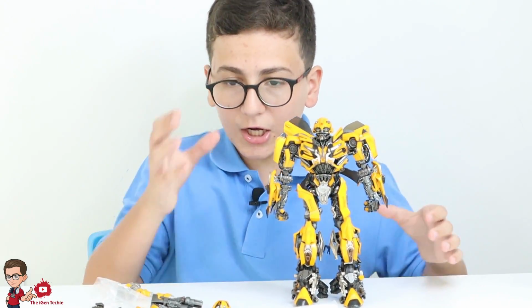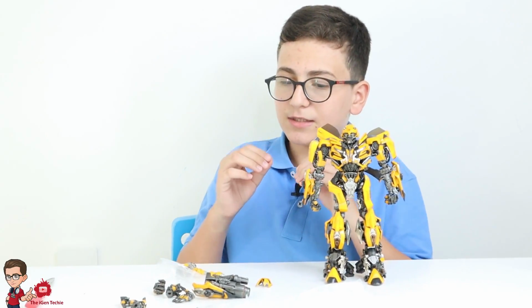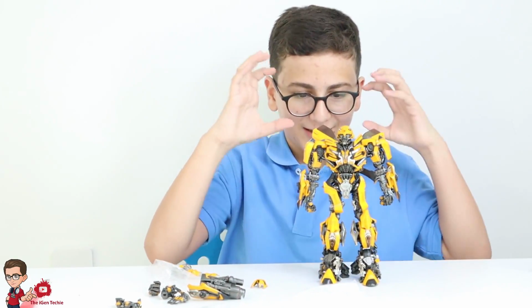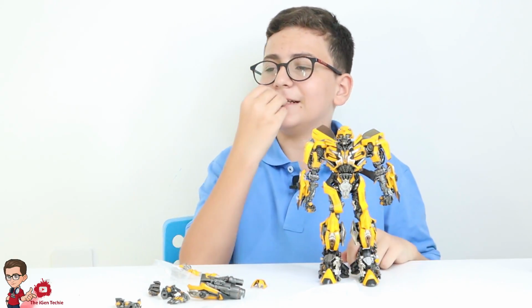He's a lot shorter than the premium figure. A lot. You need 2 of these figures to make the full premium figure, like the same length. Man, this guy's short, but his posability is...